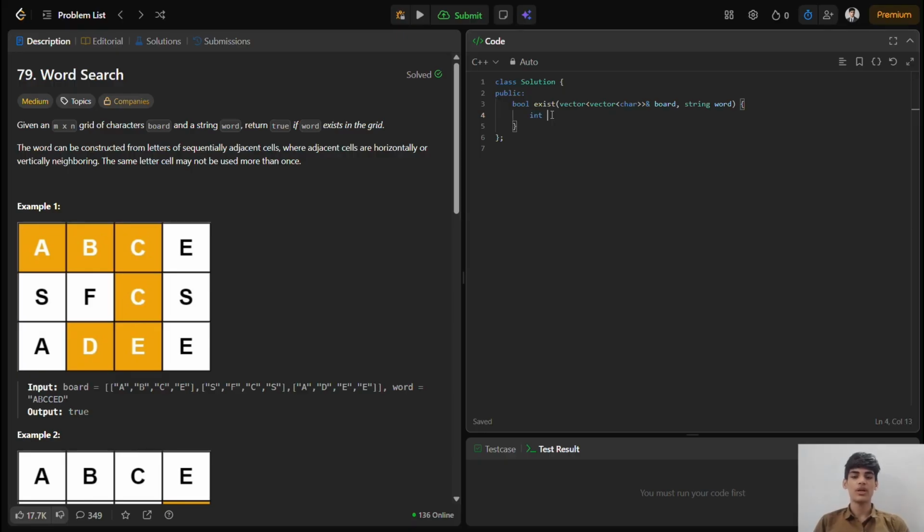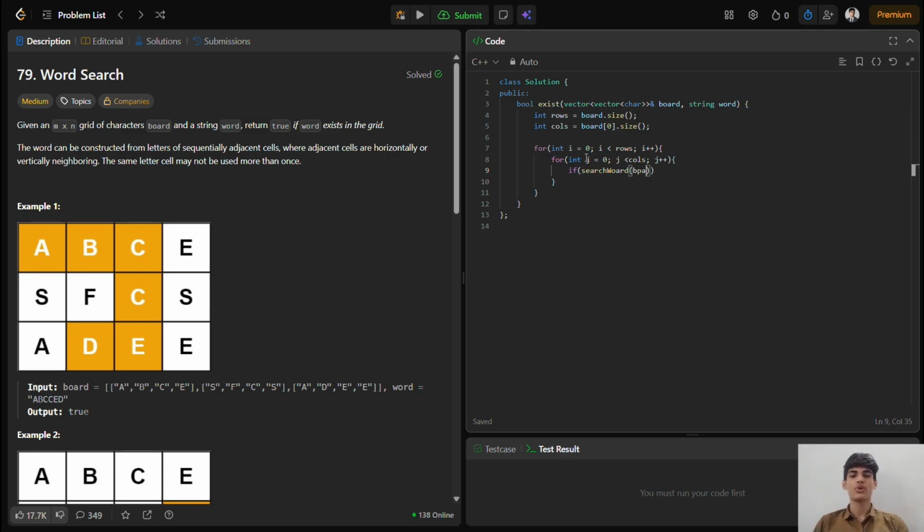First, we declare our row and column limits so the code knows how big our playground is. Rows tells us how many rows are in the grid. Cols takes the very first row and checks its size, telling us how wide the board is. Next, we start a loop using the variable i. The loop controls our vertical movement, letting us walk down the grid row by row, starting from index 0 all the way to the bottom. Inside that, we nest a second loop using the variable j. While loop i selects the row, loop j moves horizontally across every single box in that row.